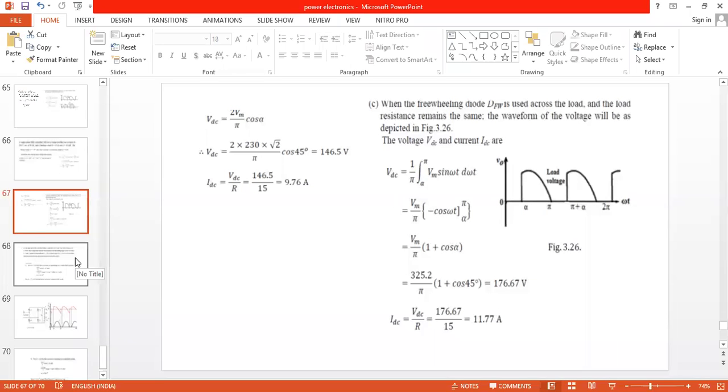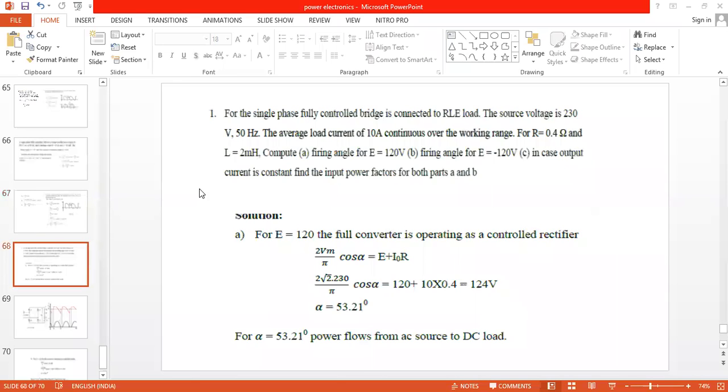Now we go for the next problem. Okay, all of you, I hope the next problem is visible. Please check, all of you. Okay, right. Now we are going to the problem of RLE load. Is it clear, all of you? So if you have done RLE load, you are going to be perfect with these converter problems. Single phase full bridge converter. I am taking the full bridge now. For the semi converter, we are going to discuss theory, then we'll take the problems. Okay. So full converter with resistor load we have done.